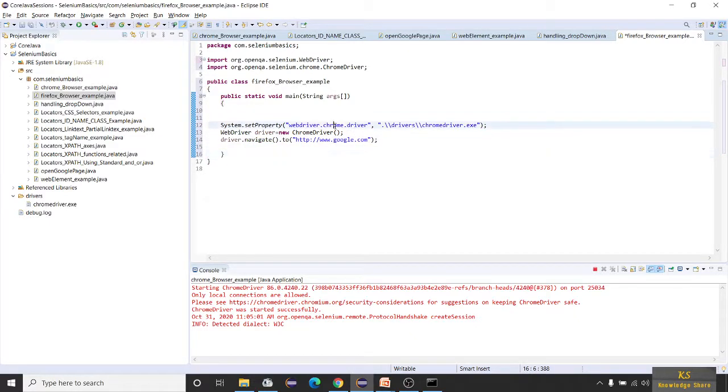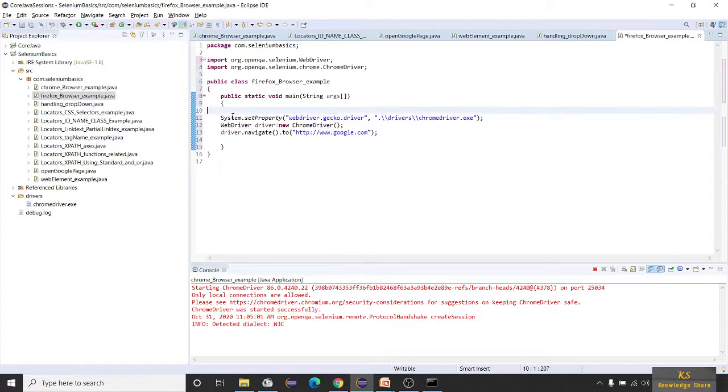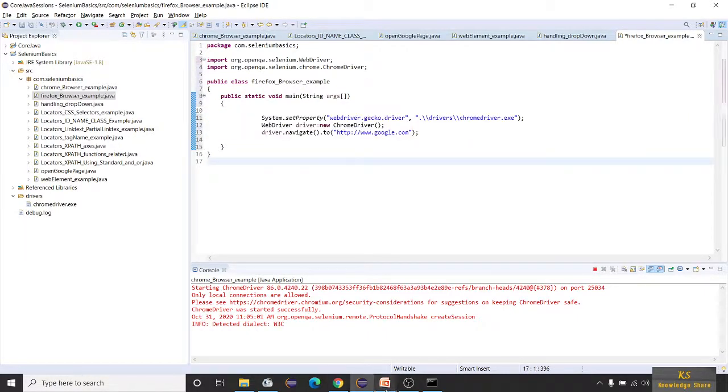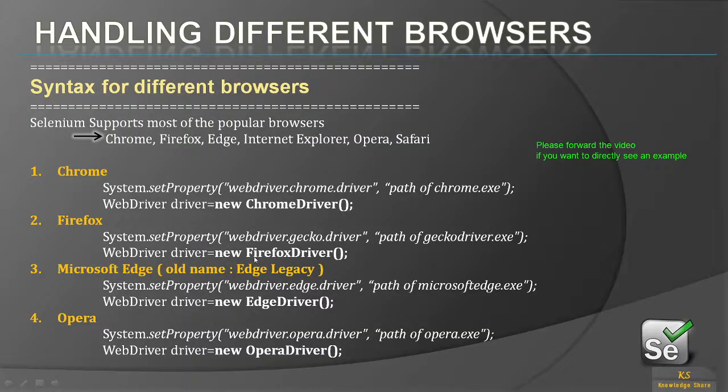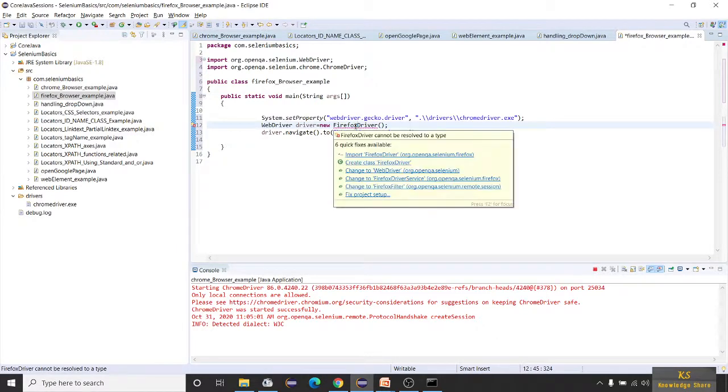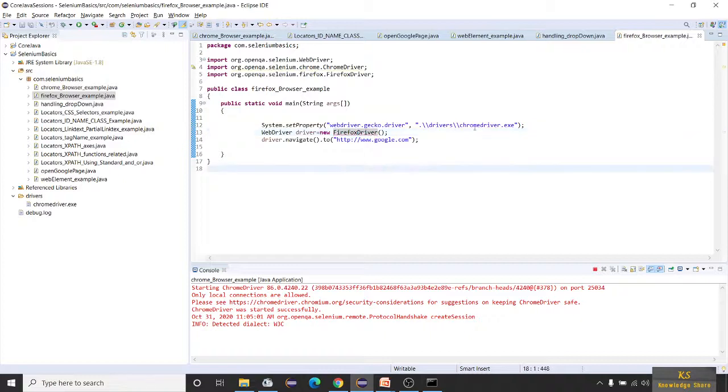Now we have to change this to Firefox. Sorry, it's a Gecko driver. For Firefox, you have a Gecko driver. We have to download the Gecko driver, and replace this with FirefoxDriver and import it. Now we should not use ChromeDriver, we have to use FirefoxDriver.